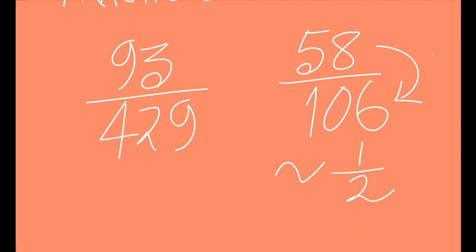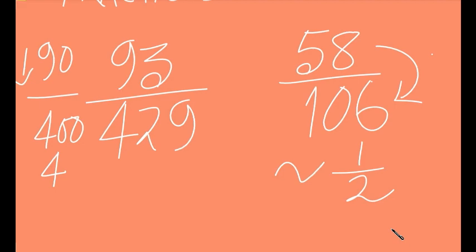However, in this case, if you see, this is 93, which is almost 90, right? And this is 429. Let us approximate it to 400. So as you can see, 90 by 400, if 90 is one time, then 400 is more than 4 times, because 100 into 4 is 400. So 90 into 4 is how much? 360. So obviously 400 is more than 4 times 90. So we can write that this is approximately greater than 1 by 4.